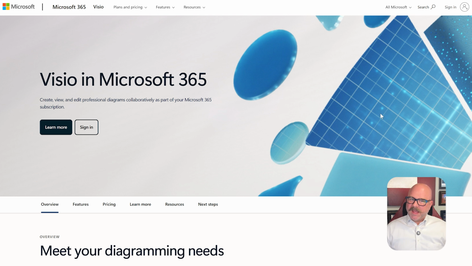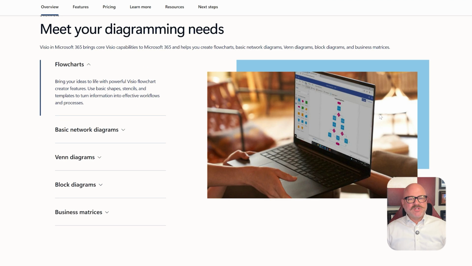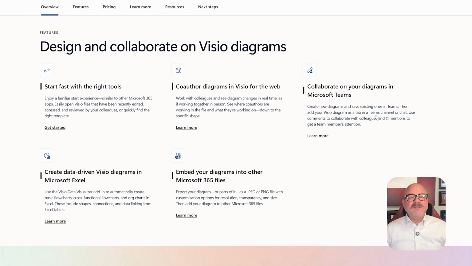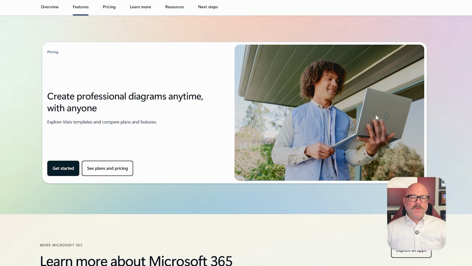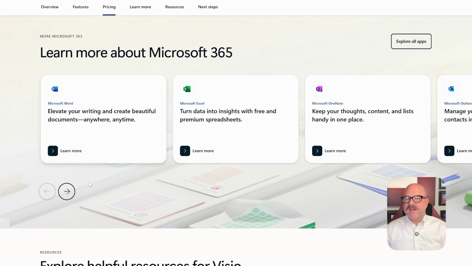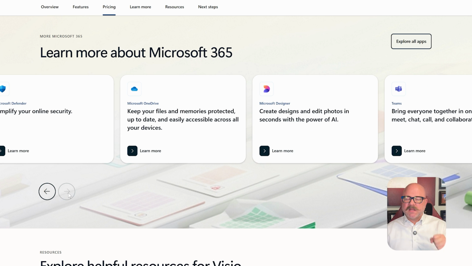Now, on the other hand, Visio is all about precision and technical details. It comes with thousands of shapes, professional templates, and features like business process modeling and network diagrams. It works really well with Microsoft 365 tools like Excel, PowerPoint, and Teams, which makes it a solid choice for